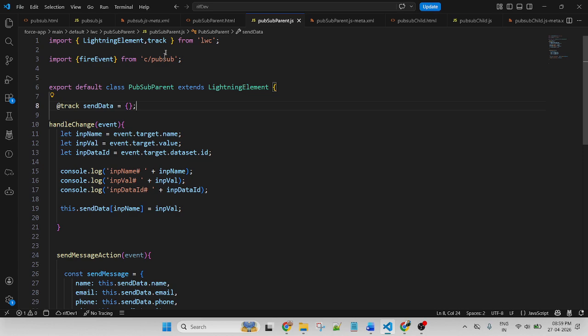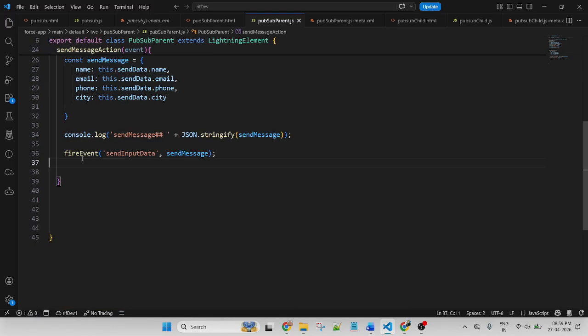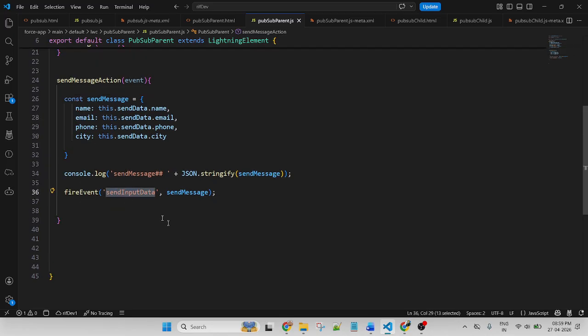From this component's JavaScript I am importing the method fireEvent, and this variable I am passing here. After that, this is the name of the event, and this is the data.